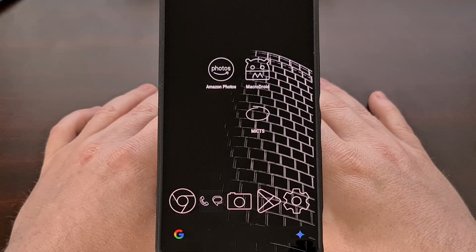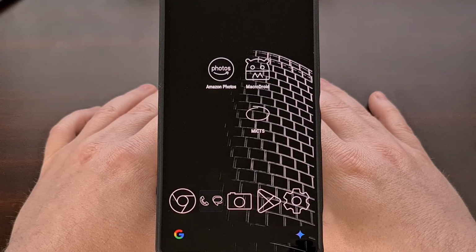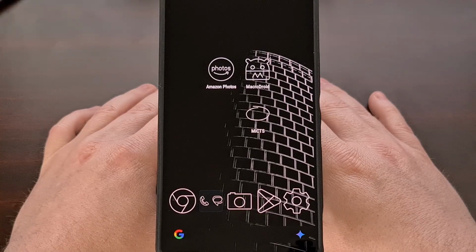I have the RedMagic 10 Pro here, and in today's video I'll be showing you how to add Google's new Circle to Search feature to RedMagicOS. But this isn't exclusive to just devices from Nubia. You can use this process to add the official Circle to Search feature to any smartphone or tablet running Android